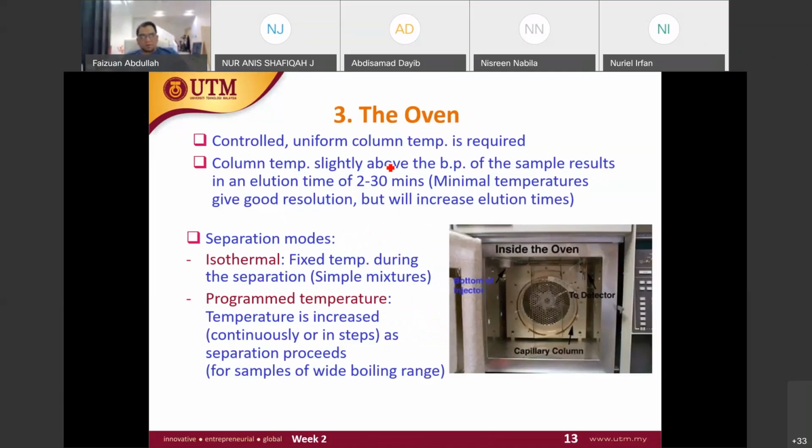Okay, the elution time of 2 to 30 minutes. Minimal temperatures give good resolution, but will decrease